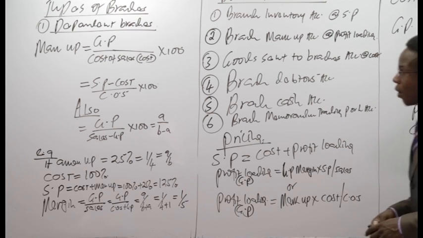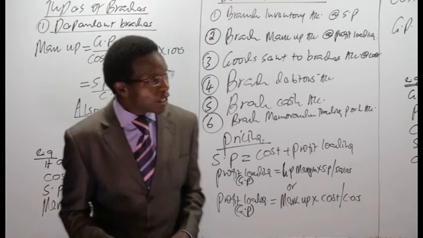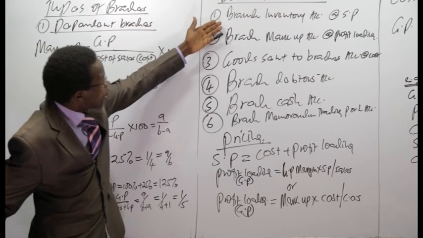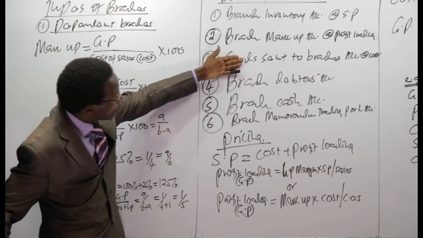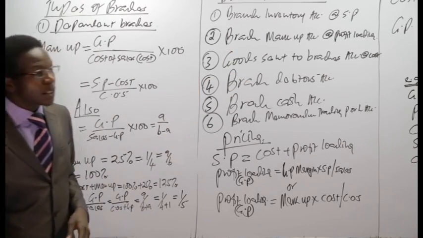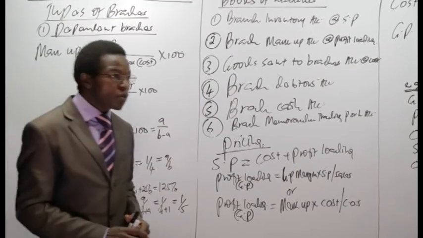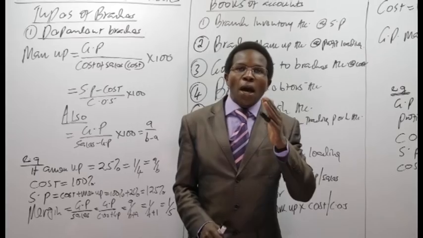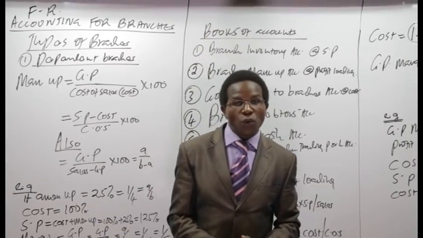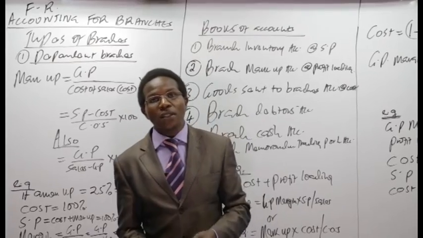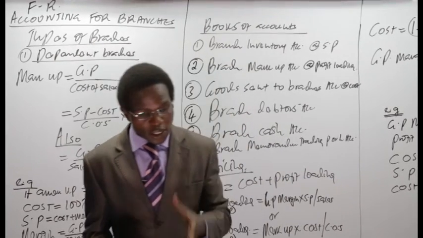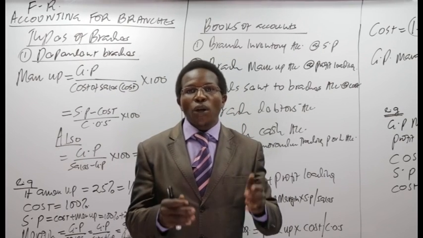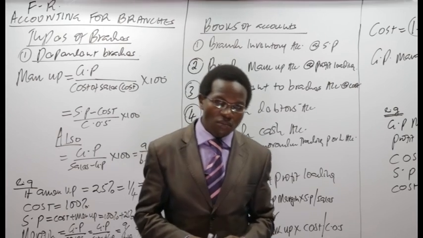Now, friends, we want to look at journal entries, or rather accounting entries, in respect to the books of accounts, in respect to the branch inventory, branch markup, goods sent to branch, and what have you. So we want to look at accounting entries. As you can see from what we are downloading for you there, when you talk of accounting entries in the books of the branch, one, when goods are sent to the branch,